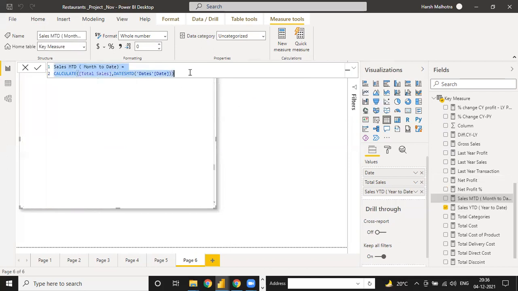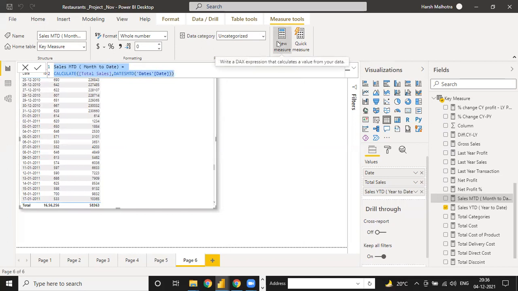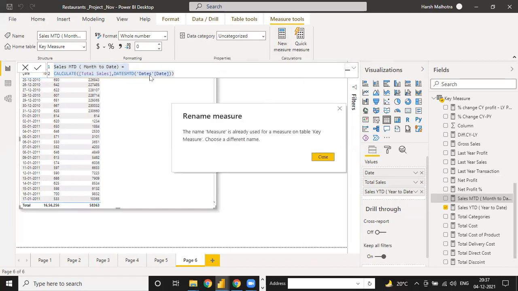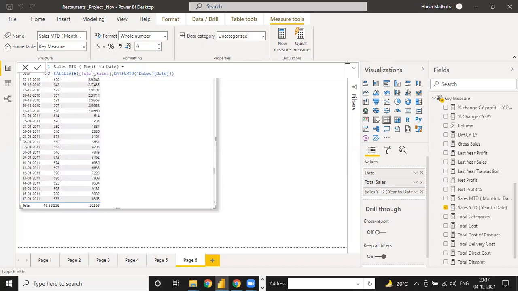Same way, I'm going to calculate another one, which is QTD. New measure. Enter quarter to date, change this function to DATESQTD and just enter.